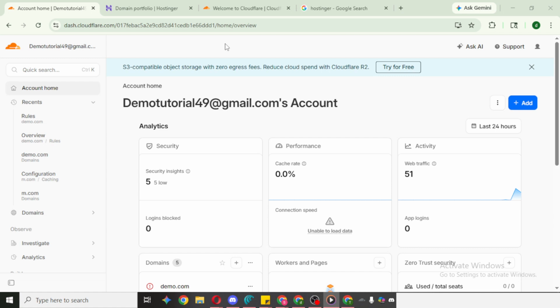Deleting your Cloudflare user removes your profile and associated personal data, and you'll lose access to any resources tied to that login. Before you proceed, take a moment to make sure you don't need any analytics, DNS settings, or configuration notes that might be useful later, because once you confirm the deletion, it's permanent.